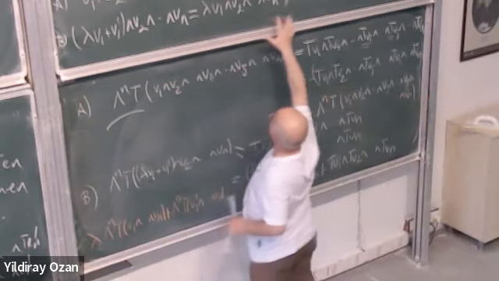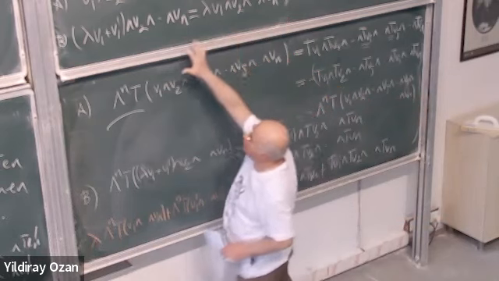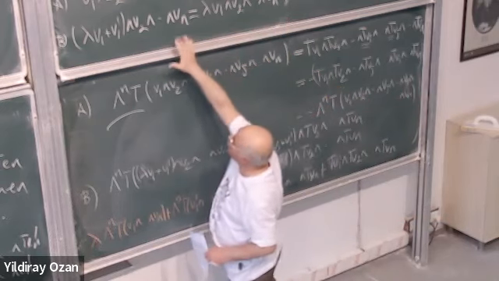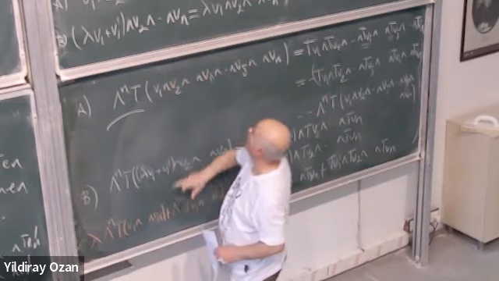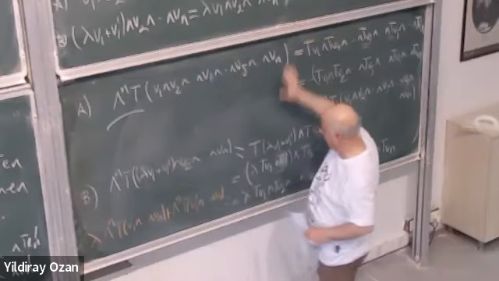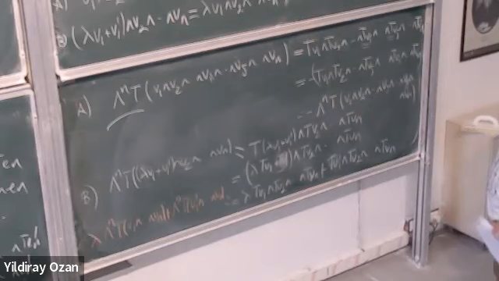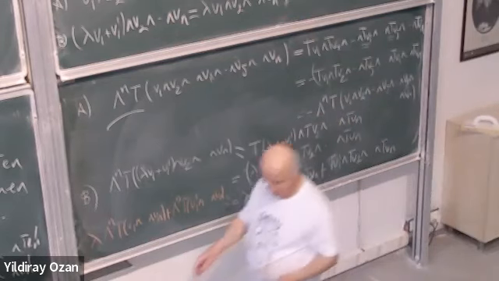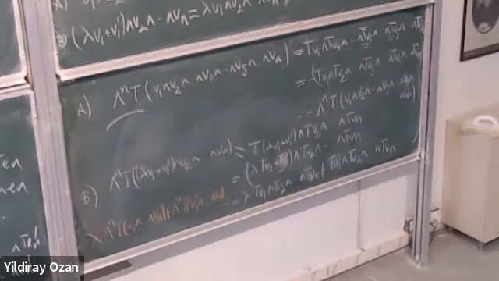Bu eleman bu ikisinin toplamı, bunun görüntüsü bunların görüntülerinin toplamına eşit. Bunu göstermemiz lazım yani. Peki. Dolayısıyla